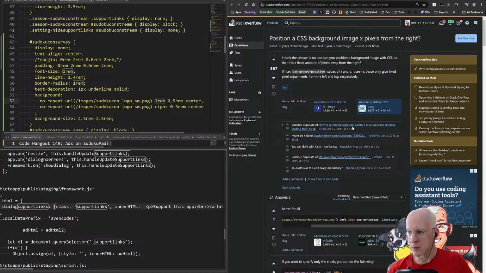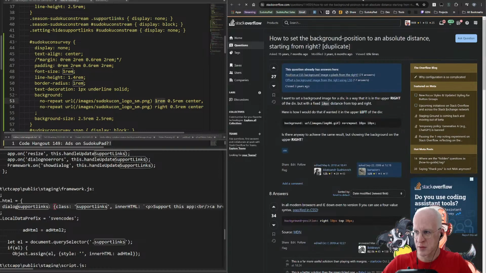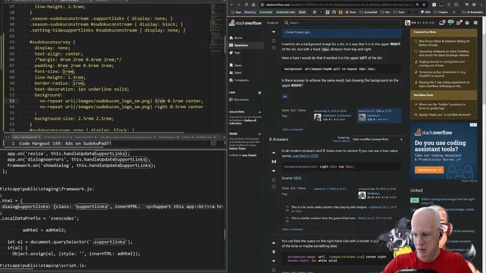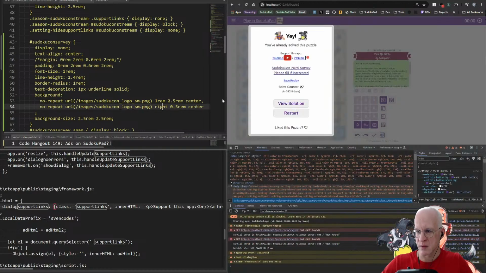X and Y seem to only give fixed pixel adjustments on the left and top specifically. But by position, absolute distance starting from the right. Yeah, right. In normal browsers, you can use a 4-value syntax. Okay, so we could do this, and then instead of